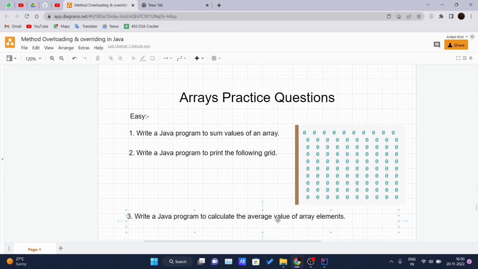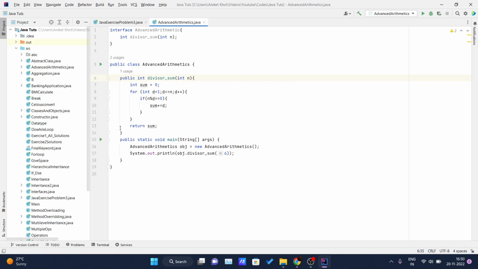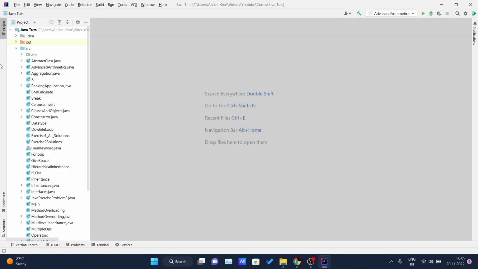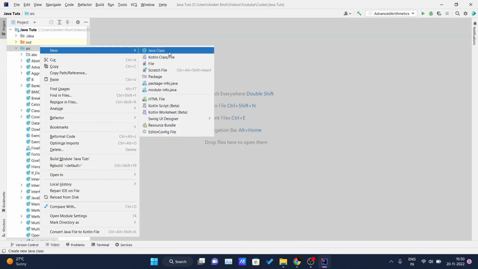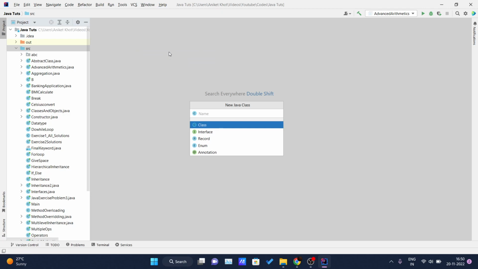So input to this program is an array. So you are given an array as an input. You have to print the sum of the elements which are present inside the array. Okay, so let me open my IDE and I will create one new Java class named